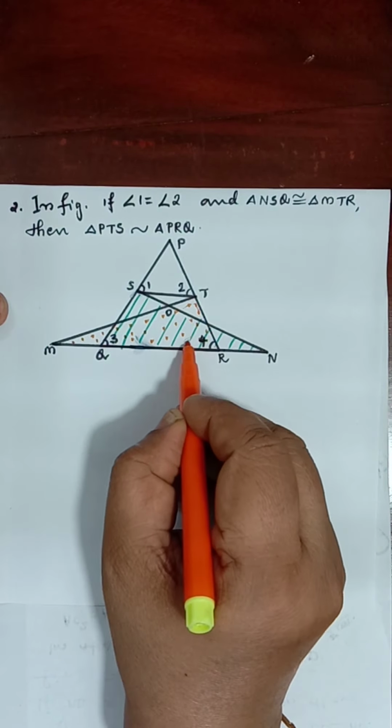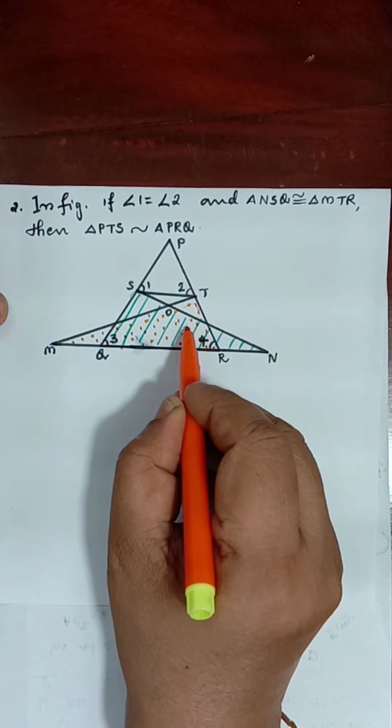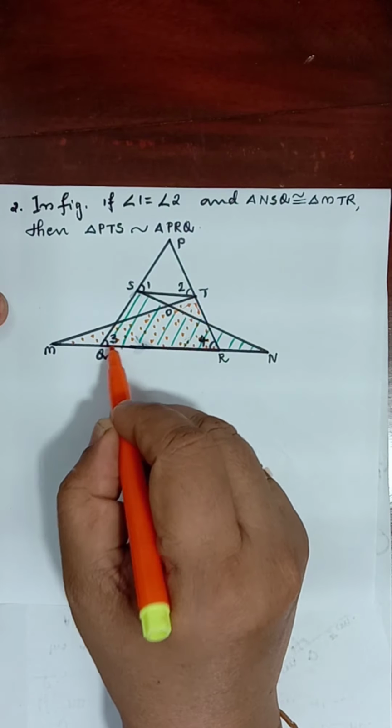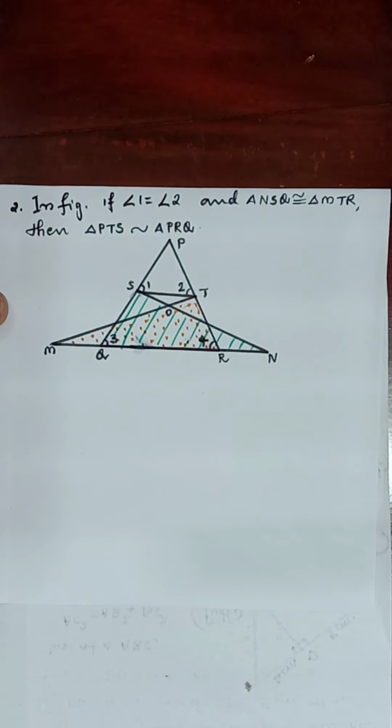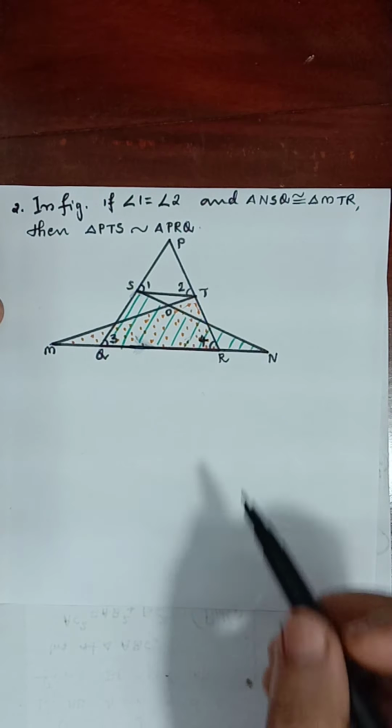Okay, these two are congruent. Congruence meaning everybody knows, so size and shape. The corresponding sides will be equal. Size and shape will be the same. That's why we say that these two are congruent. If they are congruent, it is understood.